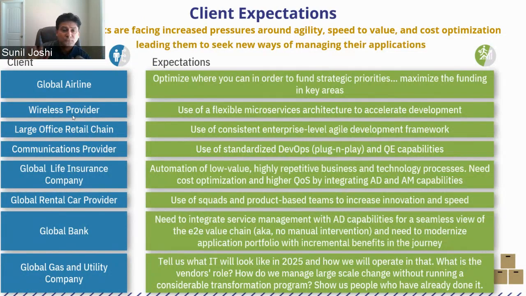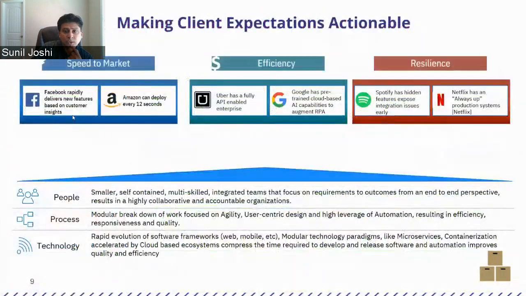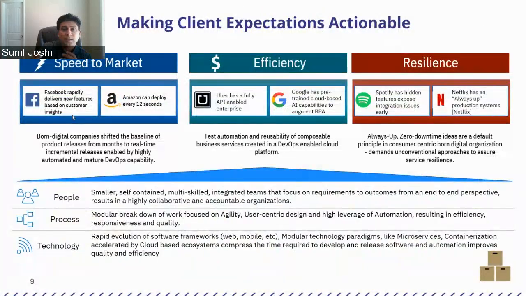a specific client scenario that I would like to walk through, starting all the way from the business problem articulation and applying some of the models that I'm going to present today, right? So how do we make the expectations actionable now, right? I have three value drivers that I'm projecting over here: the speed to market, overall efficiency, and resiliency,